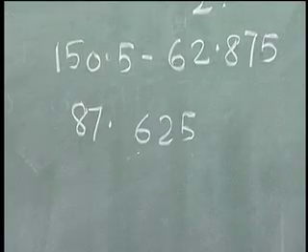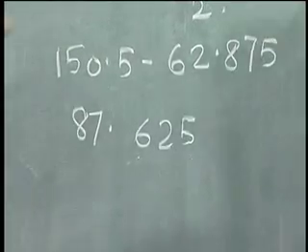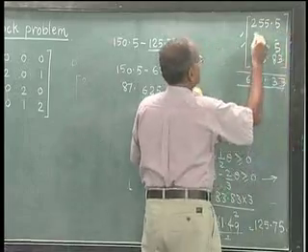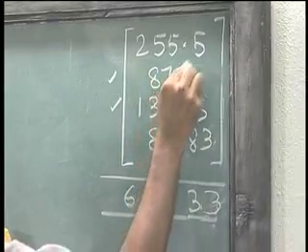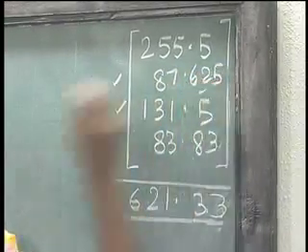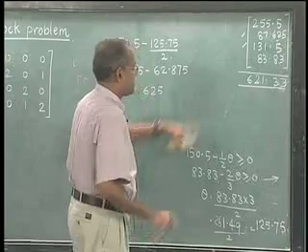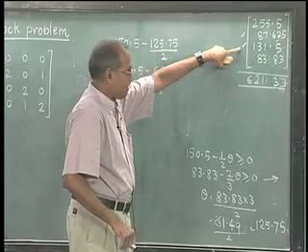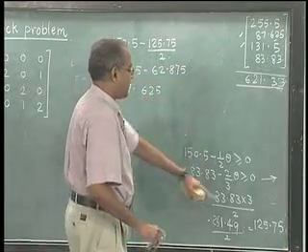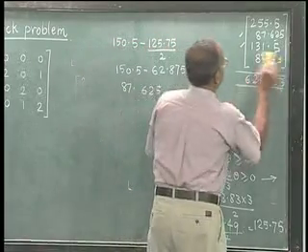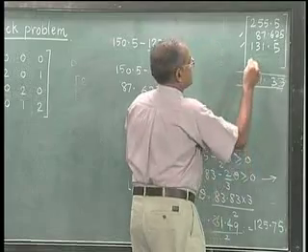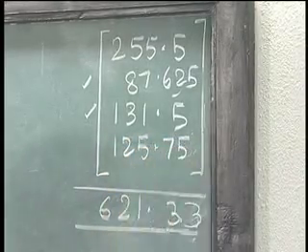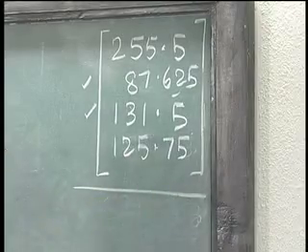$87.625 will be the value here. So, this will become 87.625. This will remain as it is, because it was 131.5 minus 0 into theta. Now, theta becomes 125.75 here. So, this is 125.75, and the total now becomes